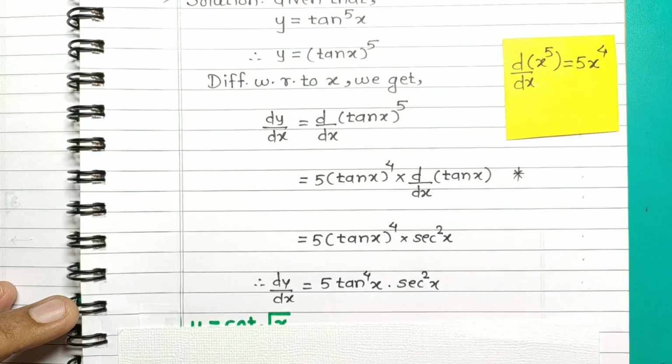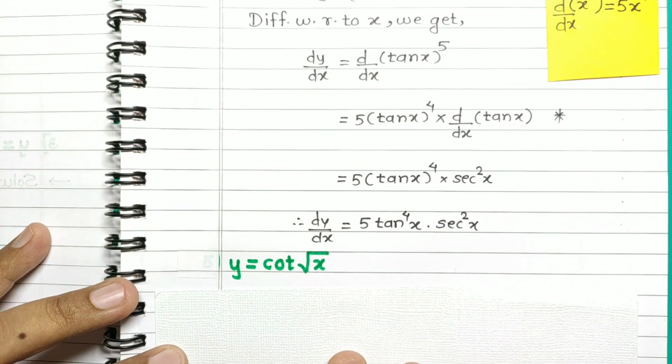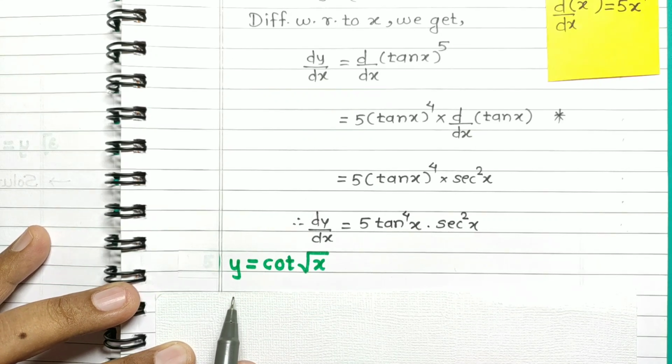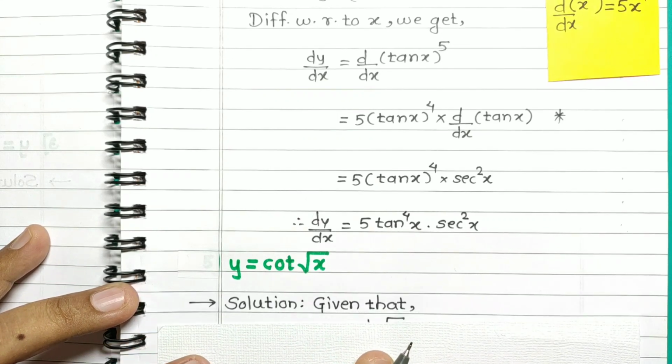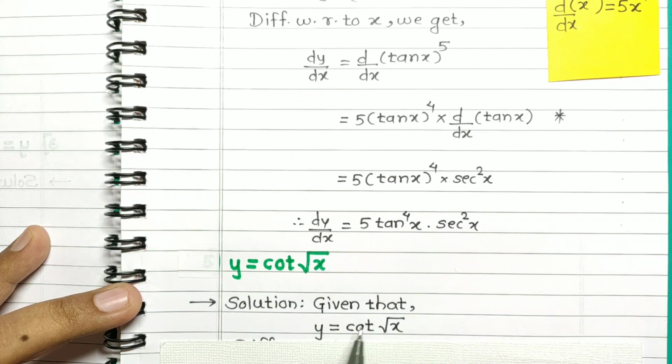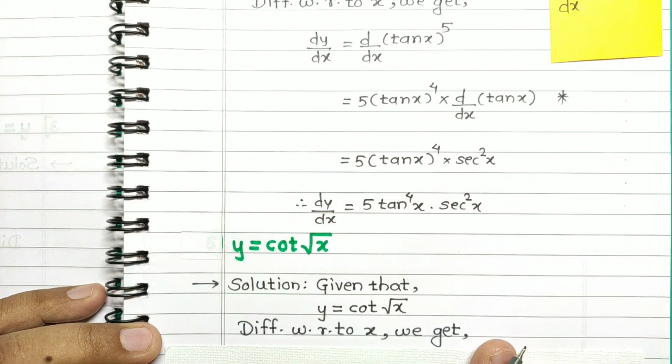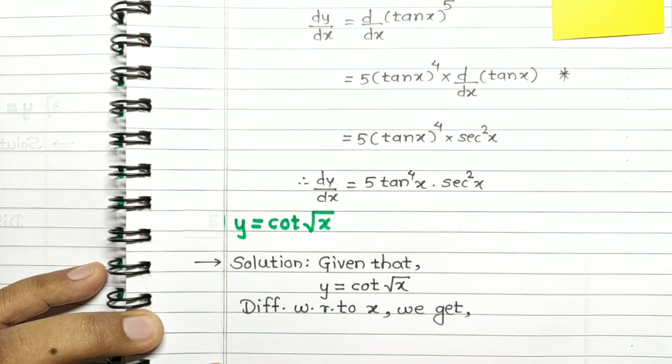Then the next given function is y is equal to cot of root x. We have to find out dy by dx. In the solution, you write down the given function, given that y is equal to cot of root x. So it is a composite function and it is like cot of something. Okay. Now differentiating with respect to x, we get